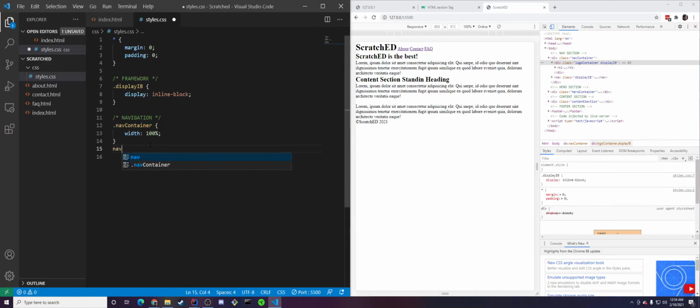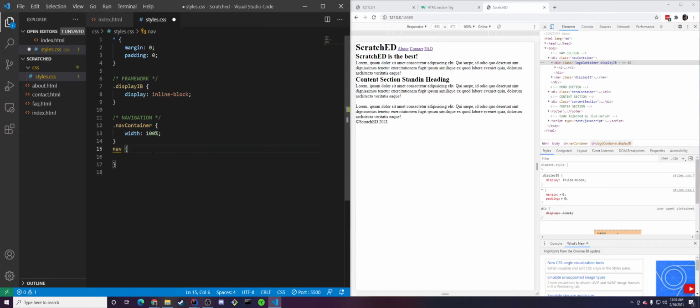So we can do our nav. If we want to select within CSS, if we use the dot here, that means we want to select the class. If we don't have a dot or anything indicating before it, to say that it's not a class or an ID, it means that we're actually selecting the element itself, and we could be selecting all of the elements on that page, or if you just have one nav, then you're selecting that one element. So we just have the one nav. So we're going to do nav,